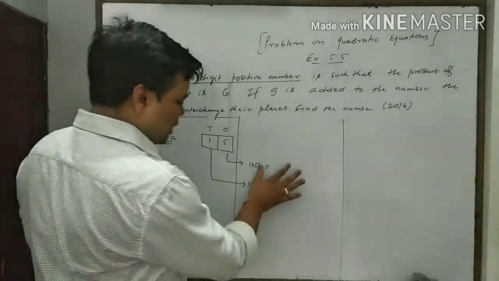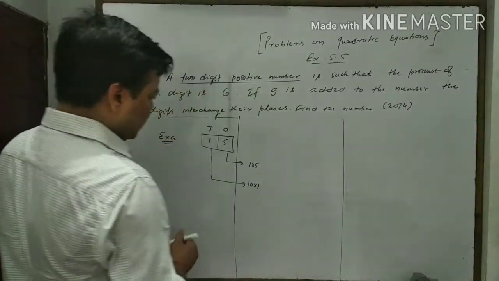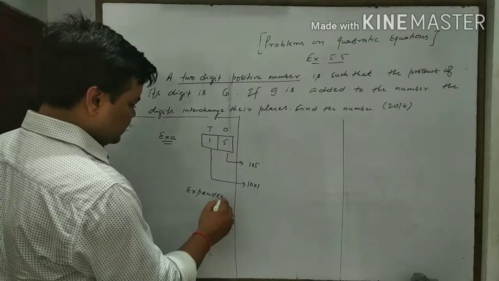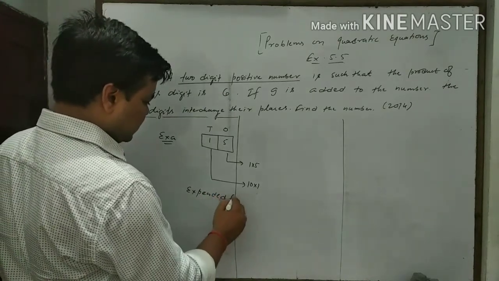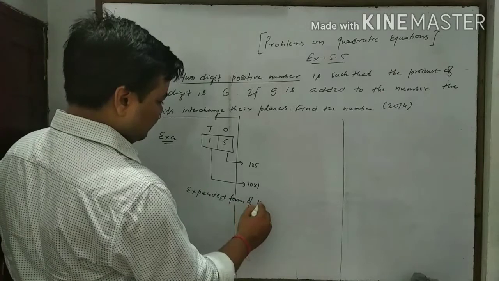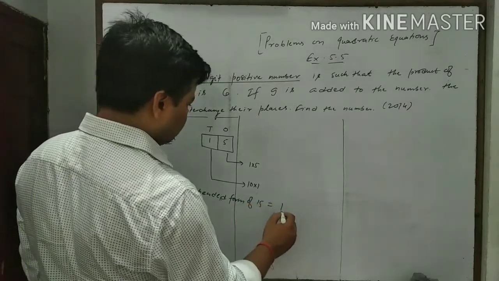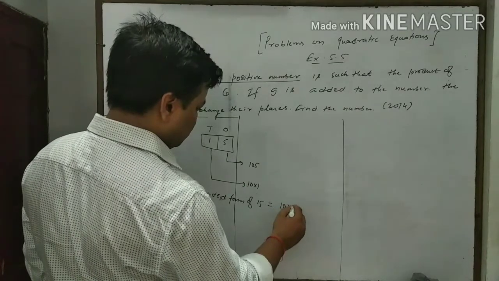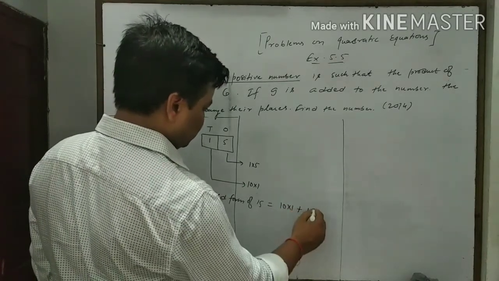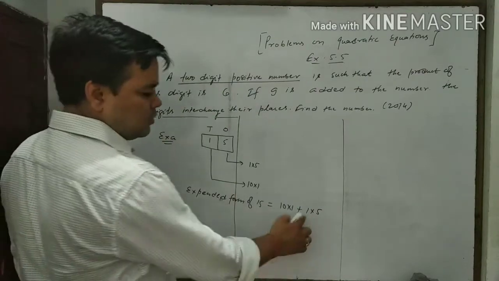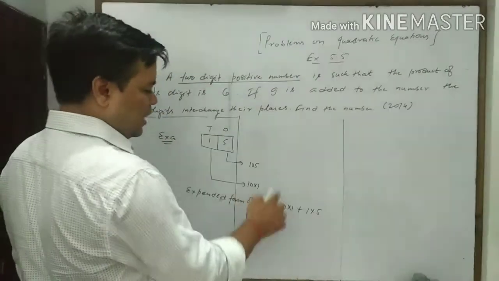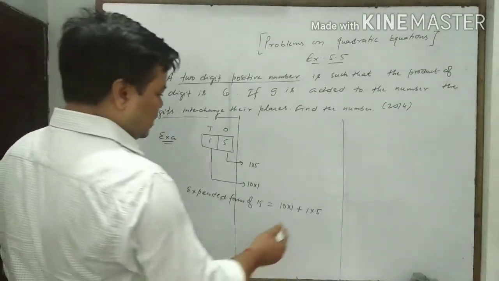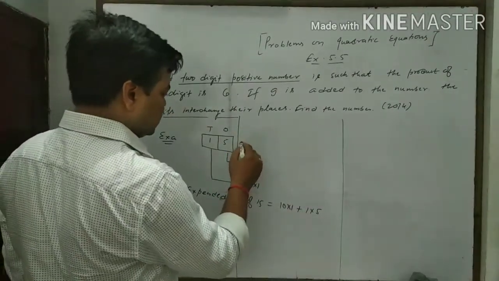Like this way, or we can write the expanded form of 15 like this way. 1 into expanded form is like this way, 10 into 1 plus 1 into 5. Here 1 is for ones place and 10 is for tens place. Okay. Now if we interchange the